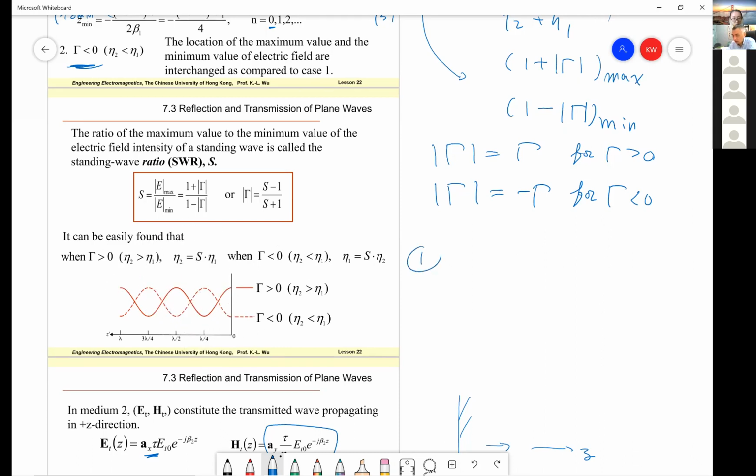The third discussion is the maximum and the minimum of electric field occur at the reflection